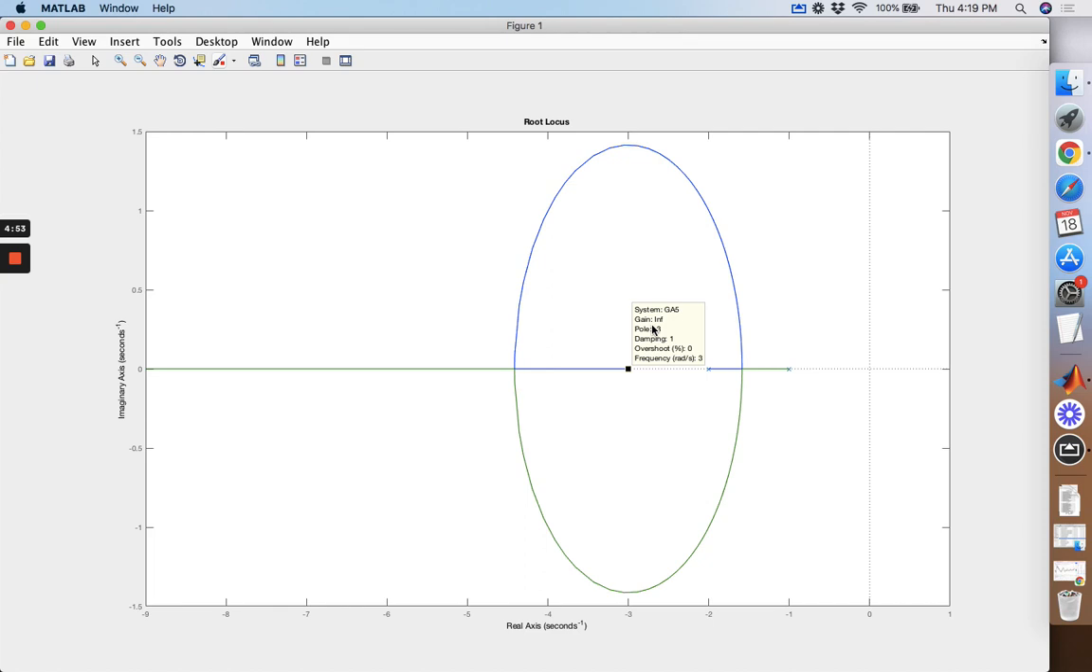So I hope you understand this example, and I will show you another example in the next video. Please re-watch the video until you fully understand the Routh table and the relationship between this Routh table and the location of poles that I have explained using the